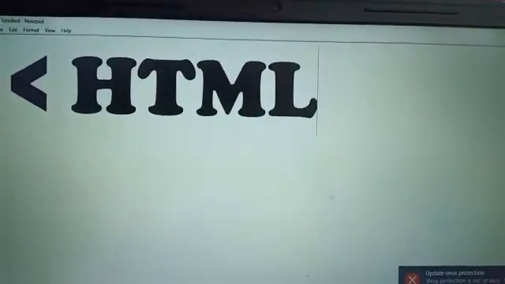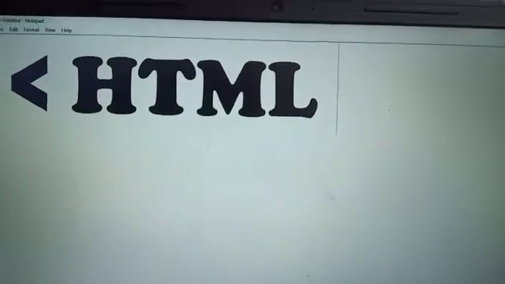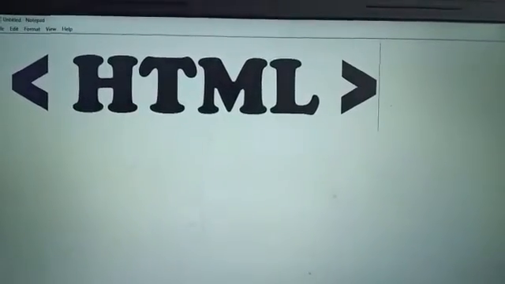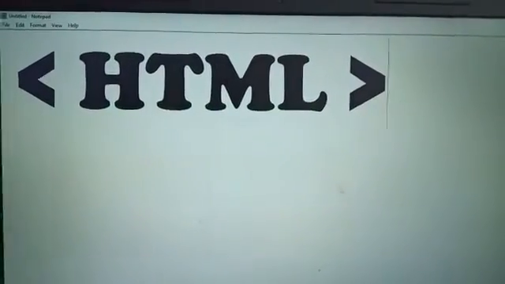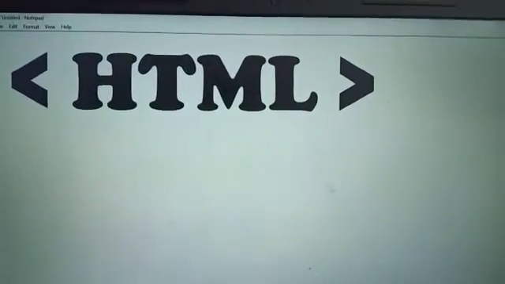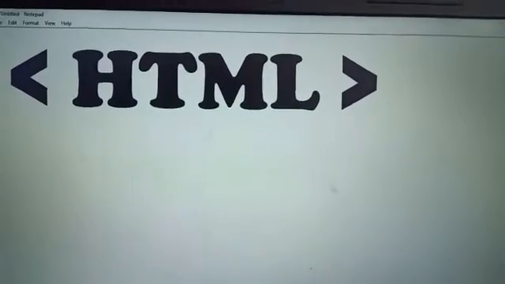These are the angular brackets in which we have to define our tag. First, we have to open the angular bracket, then write down the name of the tag, and then close the angular bracket. This statement is for opening the tag.